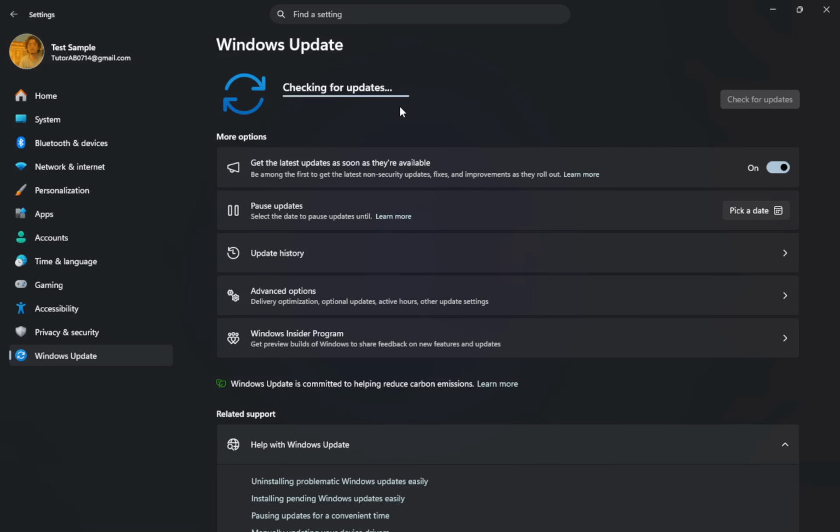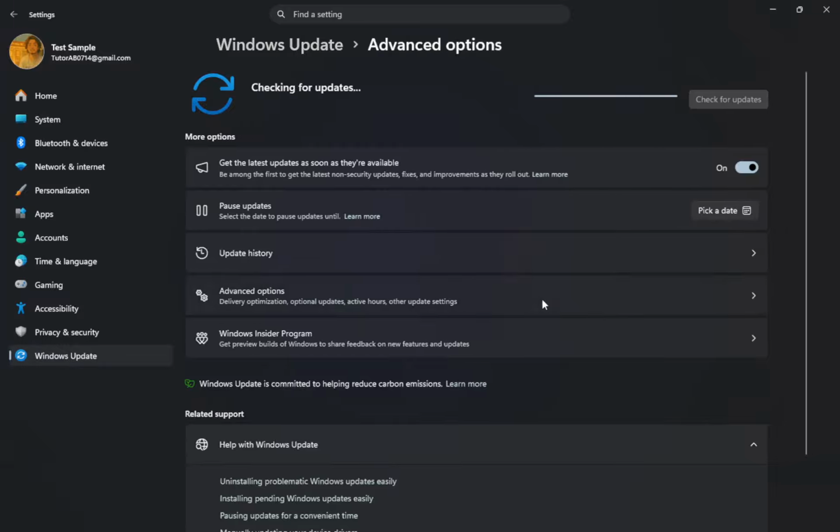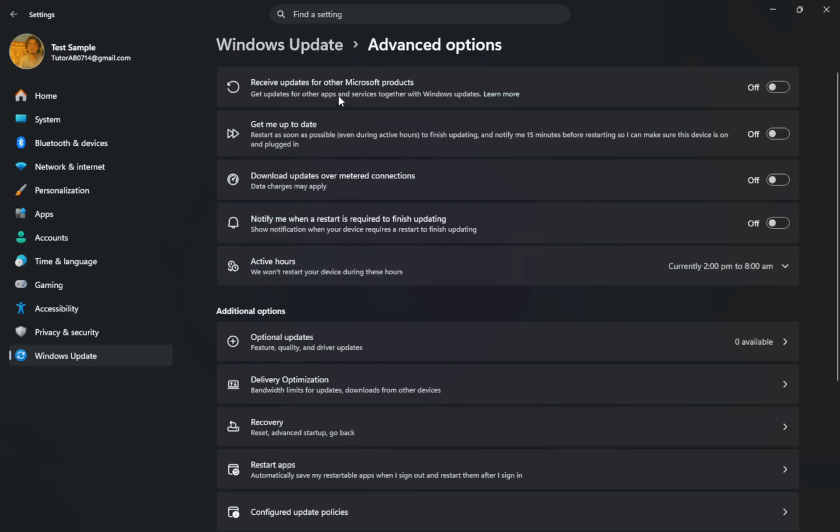It is important to remember that Windows 11 automatically checks for, downloads, and installs updates in the background by default. This means you generally do not need to worry about manually checking for updates regularly. However, knowing how to do it is beneficial. It can help you troubleshoot issues or ensure your system is secure.